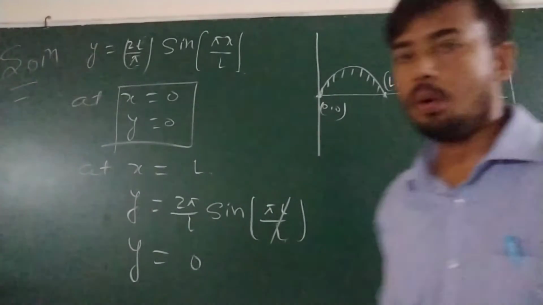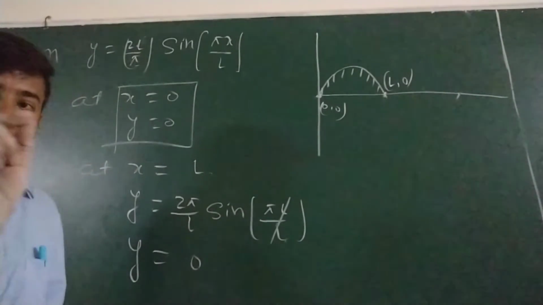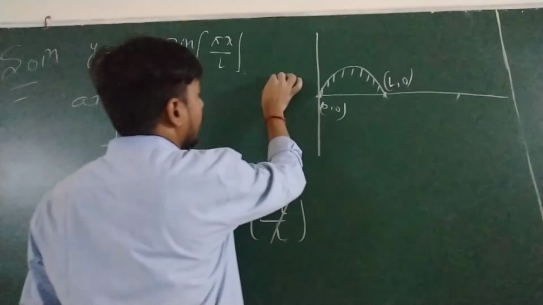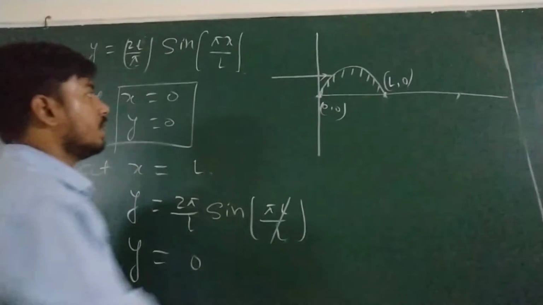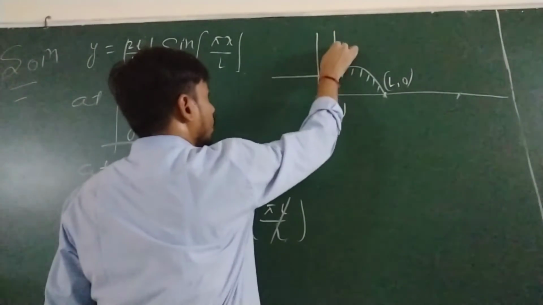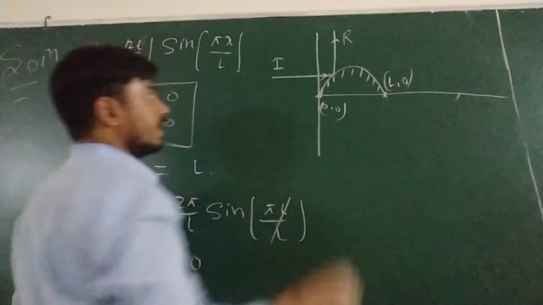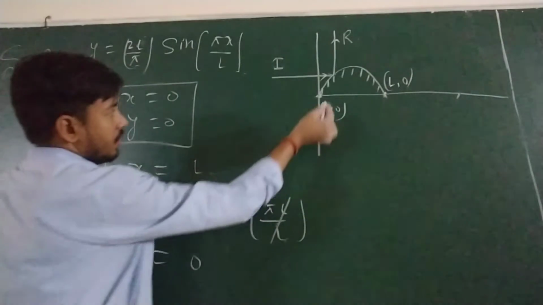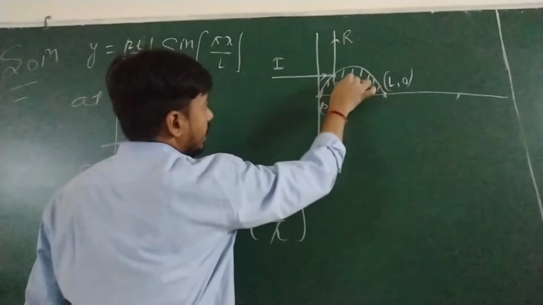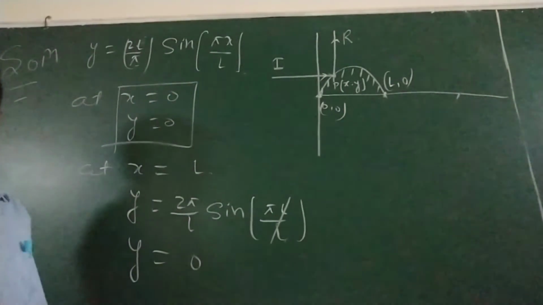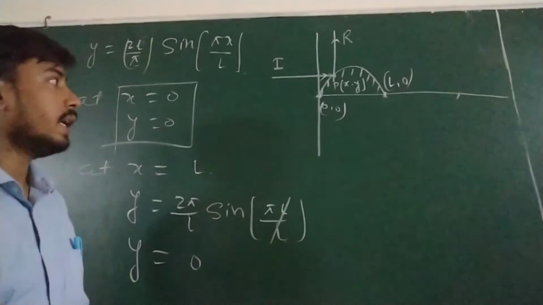Getting my points? Okay. Now what I said in the question: a ray is coming horizontally. See, this is a very good question. After reflection, this ray becomes vertical. So this is the incident ray and this is the reflected ray. They ask, find the coordinate of this point. Suppose the coordinate of this point is (x, y). So you have to calculate x and y.